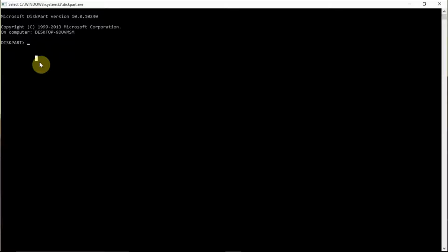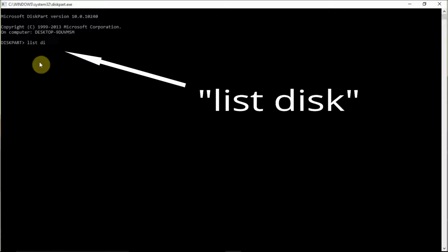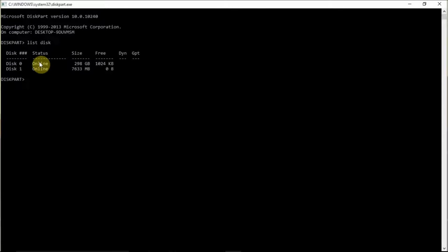So here you have to type list disk. It will show you all the disks present in your PC, laptop, whatever you are using. Here it's showing disk 0 of 300 GB, that is my hard disk, and disk 1 of 7633 MB, which means the 8 GB pen drive.